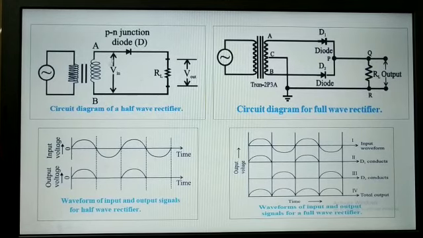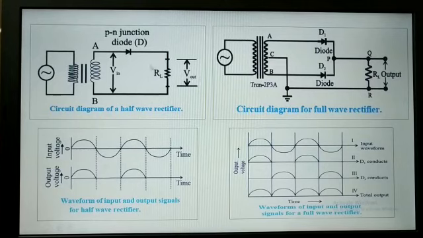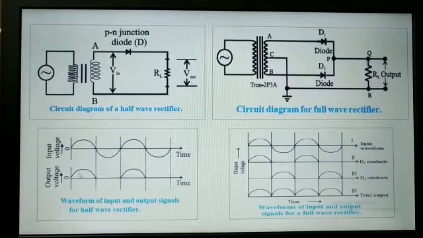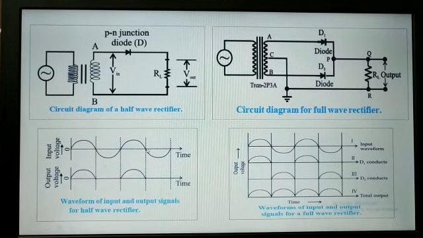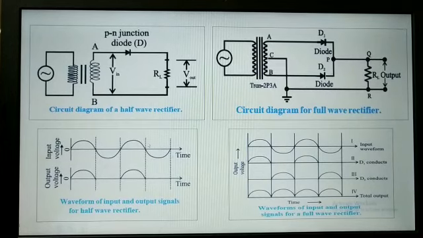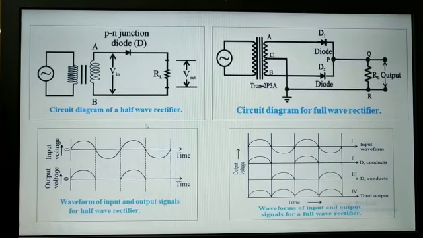In reverse bias condition, the diode acts as an open circuit. It will not complete the circuit. The current will not flow through this diode, and we will not get anything on the output resistance. So as you can see here, for the positive half cycle, the diode is in forward bias, and we are getting some output. For the negative half cycle, we are getting nothing. Again in the positive half cycle, we are getting output, and here we are getting nothing. So in such a way, in a half wave rectifier, we get output signals for